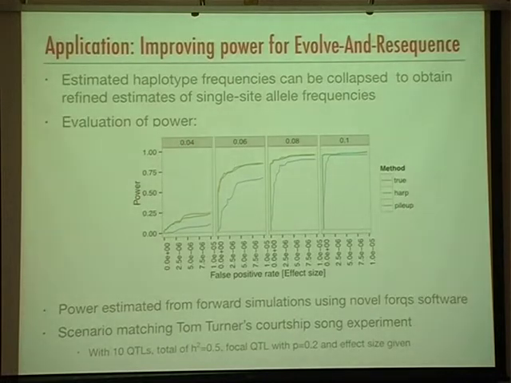So that's what we've done here. We've collapsed them down to single-site allele frequencies, and then used the same kinds of statistics that were used in Tom's original paper to try to identify